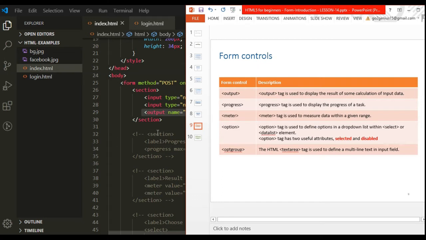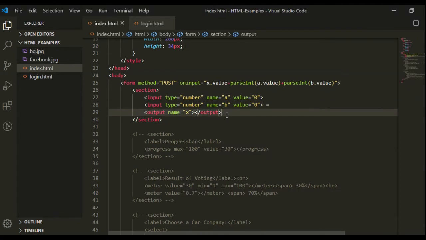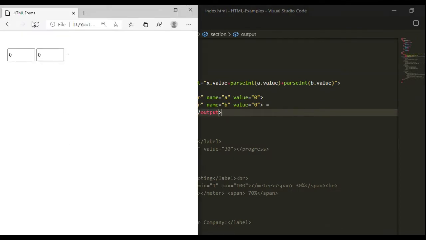Means output is a kind of container. It only shows the output or result of some calculation. So let's see it on the browser first. Here you can see both input type number fields.